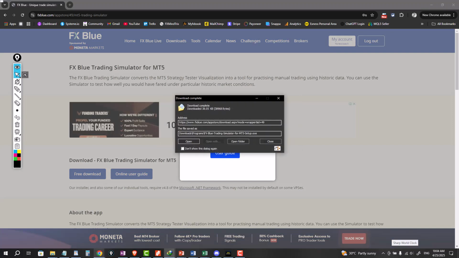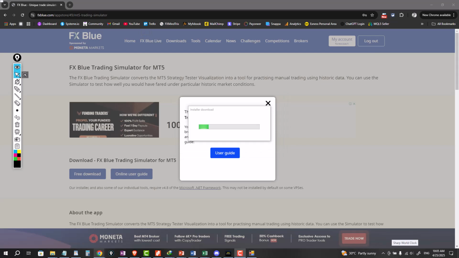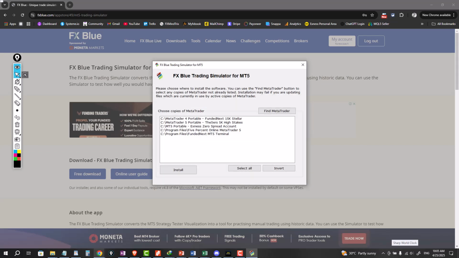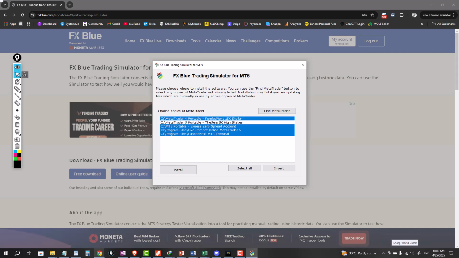And let me show you quickly how to install it. Okay, so once you've downloaded it, just give me a minute to unlock this. So I've started the installer and it's extracting it. I think it's going to ask me for the prompts to install it quickly. This is exactly what you need to do. Just search it on Google, click on the results, whether it be for the MT4 version or the MT5 version, and then download it. So now it's showing me all of the MT5 platforms that I have on my PC,